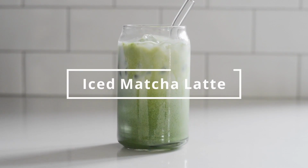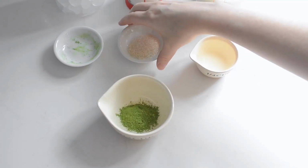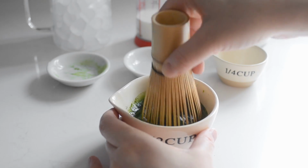Now that you know how to make the hot version, the iced matcha latte will be super easy to learn. This is probably my top favorite drink available at Starbucks. Okay, there's only 2 extra ingredients for this drink: cream and ice. We'll start out the same way that we did with the hot matcha latte. Whisk together 1 to 2 teaspoons of matcha, 1 to 2 teaspoons of sugar, and this time 4 tablespoons of